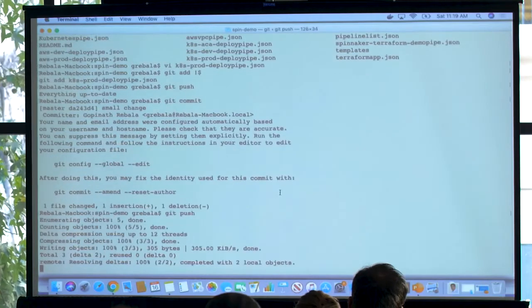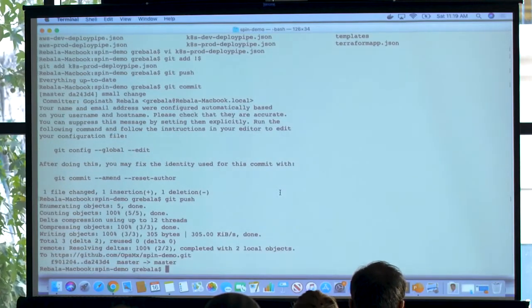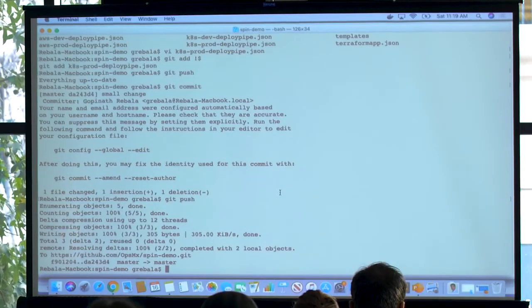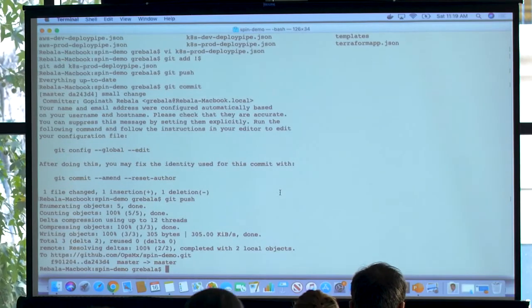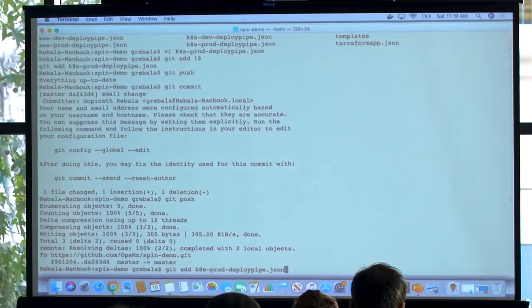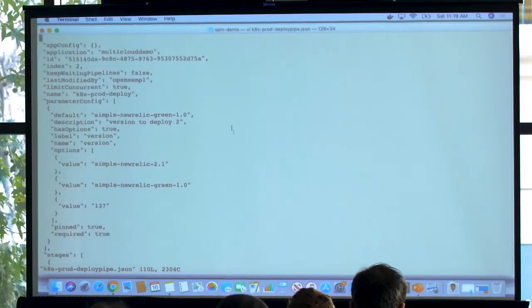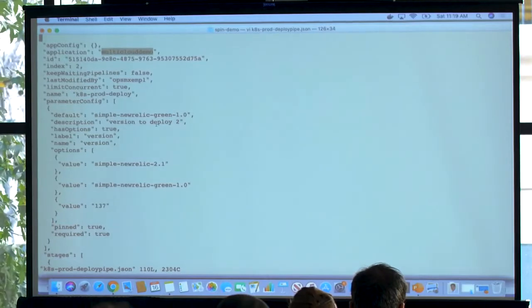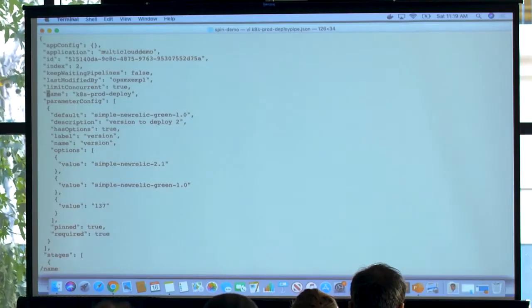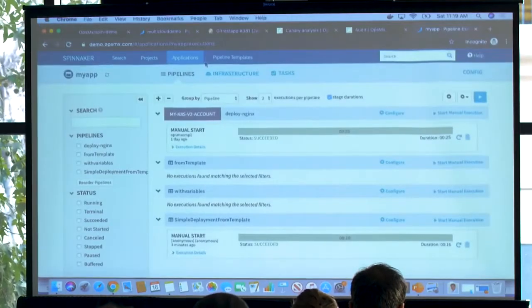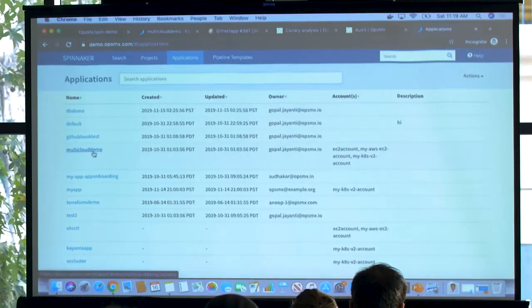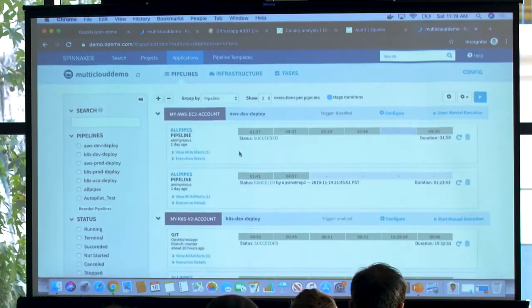Now what we have done is have this pipeline definition stored in a remote repository and have the repository trigger a pipeline which would then go update the Spinnaker with the changes. Now, if you look at what we changed, this is a pipeline which is in the application multi-cloud demo. And it is the pipeline with the name Kubernetes prod deploy. So if you go to application multi-cloud demo and then look at prod deploy,